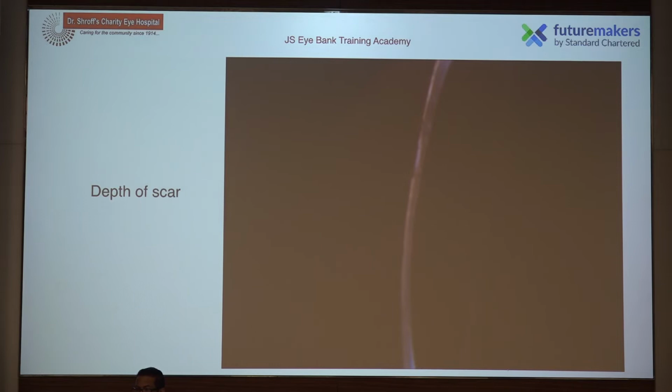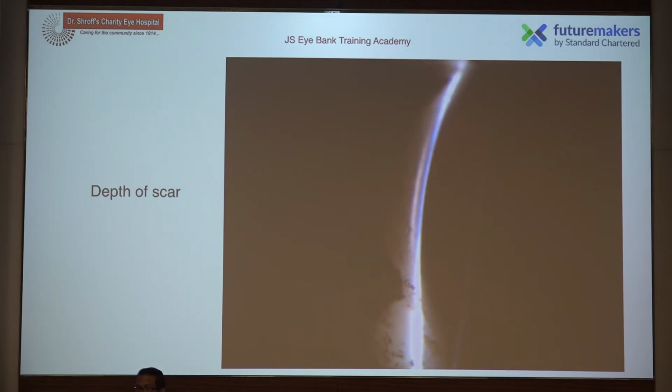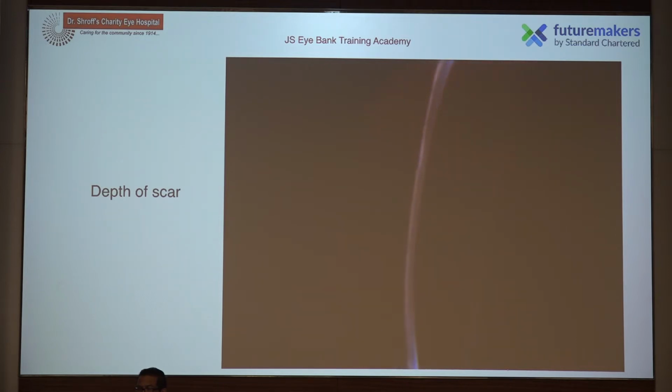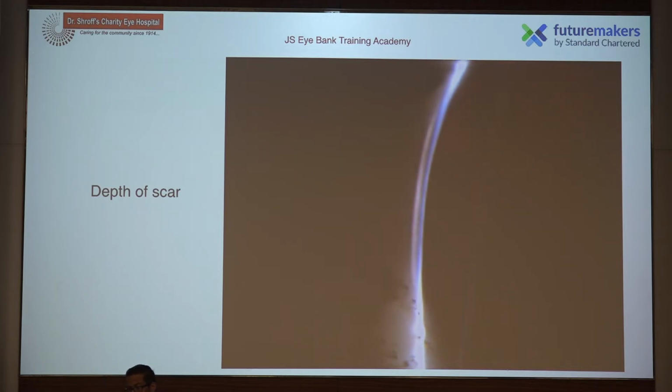So if you have a scar which is in the periphery, doing a good slit lamp examination and understanding the depth of the scar is important, because superficial scars, if you want to take in for a DESEK, are pretty good for pre-cut. But if you have a scar which is very thinned out at a point, you may get a perforation if you are trying for a DESEK. So understanding the depth of the scar is also important.